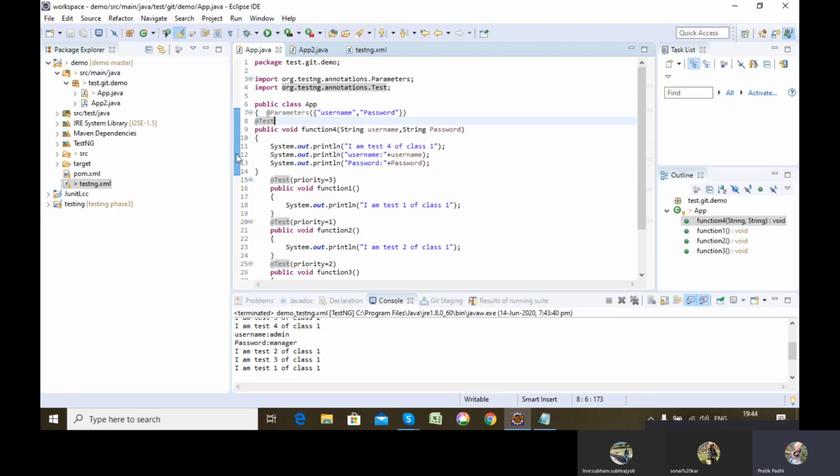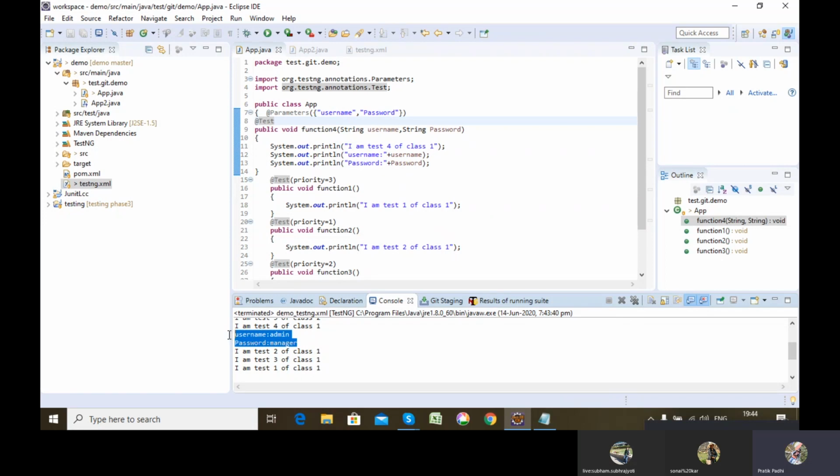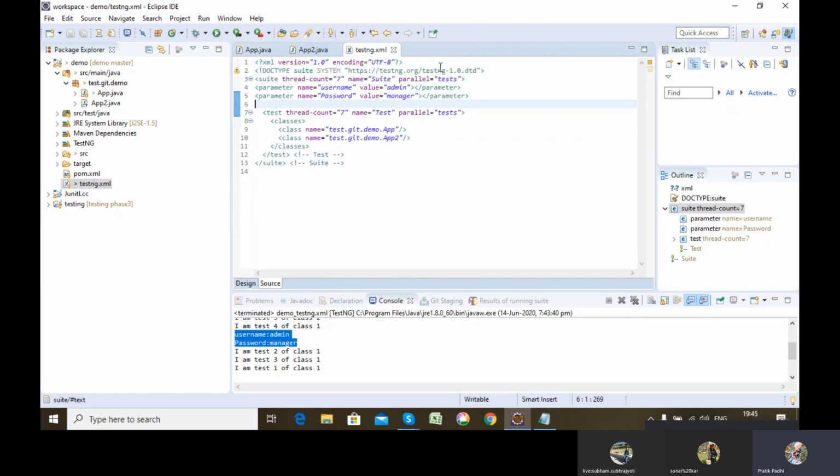From that I can use this username and password value inside my @test class. So see, I have used the username and password values and printed them here. You see here in the console, admin and manager got printed, whose values were retrieved from this testng.xml file. Okay.